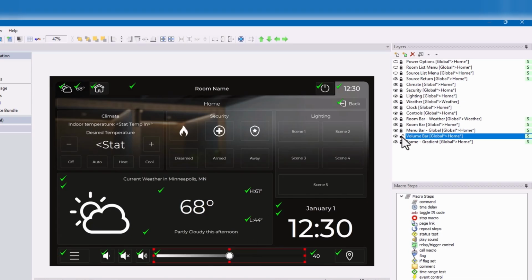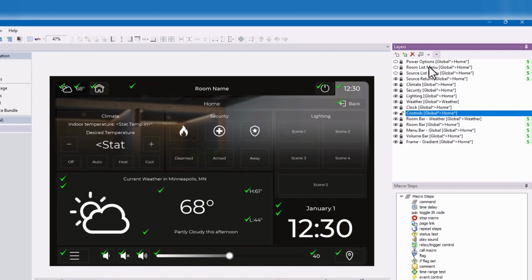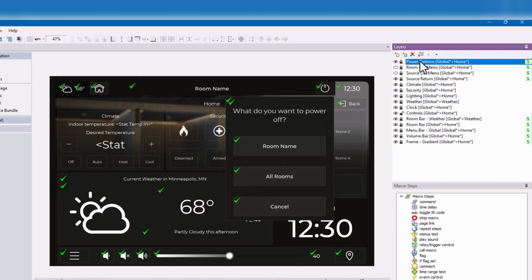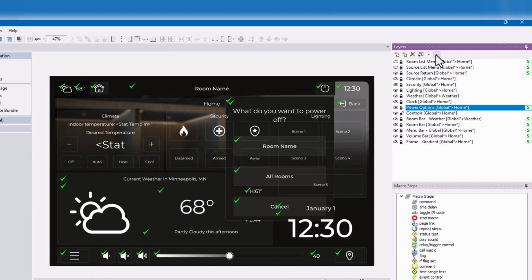Now, layers have an order that they appear in the layer window. So for example, the higher the layer in the list, in other words, the power menu is the highest layer in the list, well, that means that no other layer can overlap the power menu. So if I were to use the move up and move down commands in the layer window, which has its own little toolbar, like most areas in Integration Designer, if I move that layer down in priority, other layers can overlap